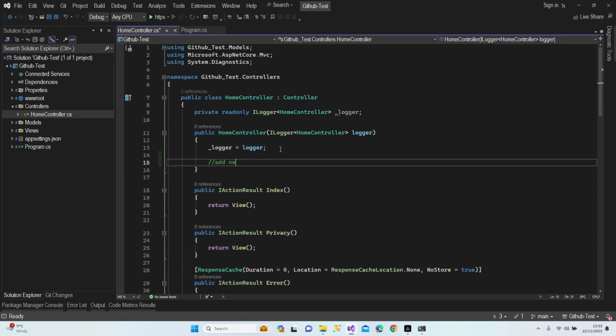Add new service with features. No, not features. Add new service with result. Okay, I add a new service with result commands codes here, and as you can see,